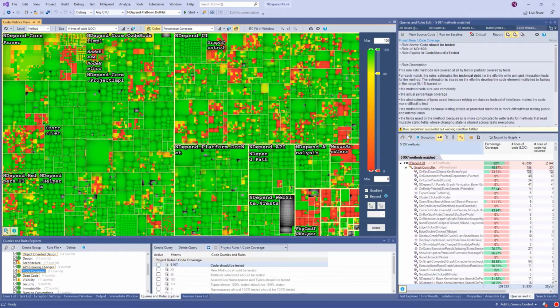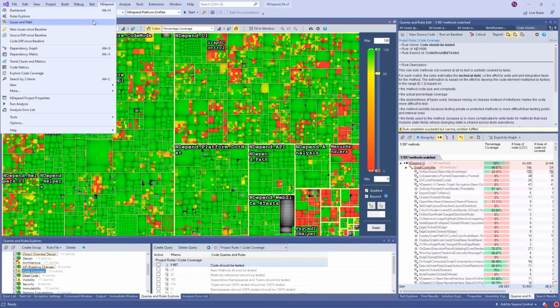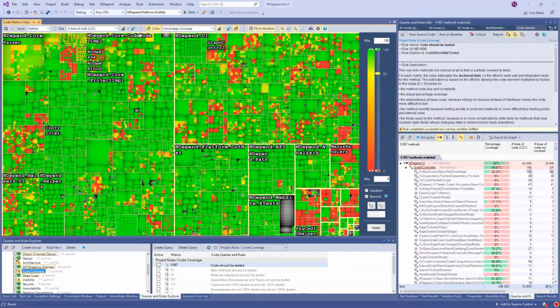Okay, so here we have another view provided by NDepend, which is the code metric view. And here we are comparing. For NDepend, of course, we have the code coverage data imported. NDepend is not a code coverage tool, but it can import the code coverage from Visual Studio, NCover, dotCover, OpenCover format, and since very recently, it can also import from NCrunch. So basically, all the important coverage tools are addressed. NDepend imports this data inside its code model, and then you have some rules about code coverage.